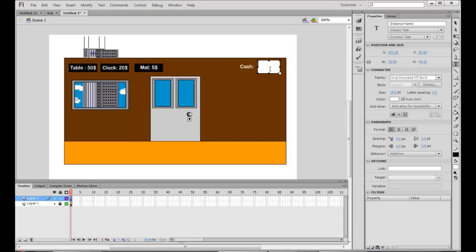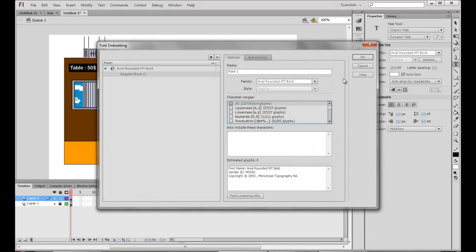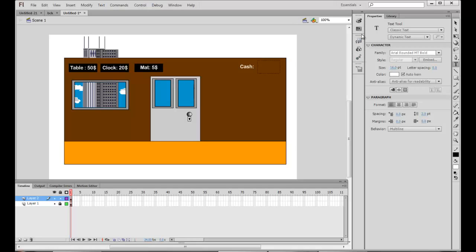So initially it can be just named my cash. Right. I'll just embed the text so that we can use it dynamically.